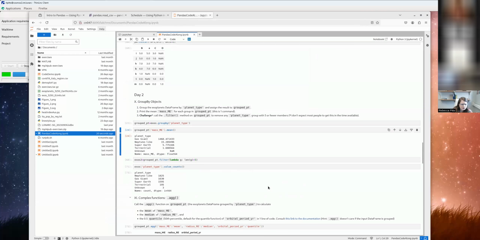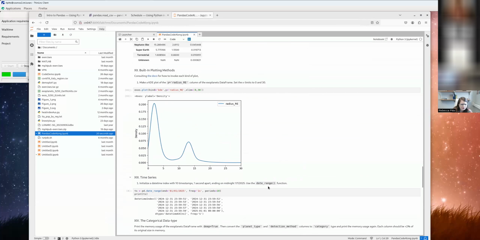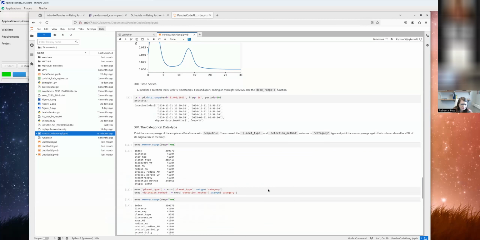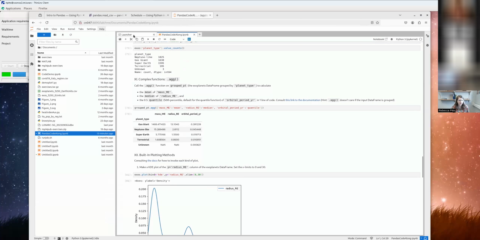Okay, let's see, do I have something here? Built-in plotting methods. No, that's not it. Okay. So,